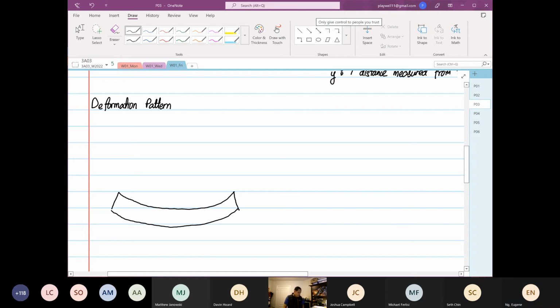Okay, this is how the structure is deformed, right? And then I'm going to sketch our centroid. So this is the centroid,